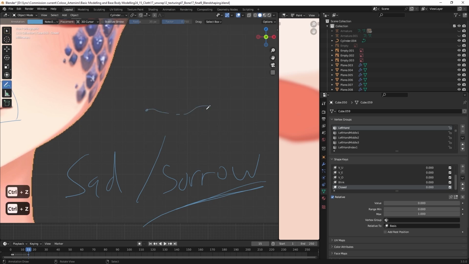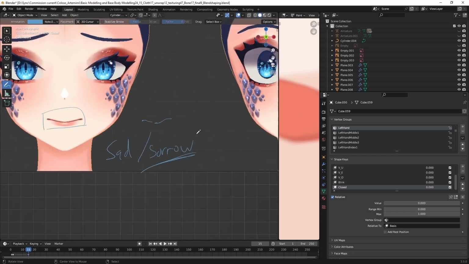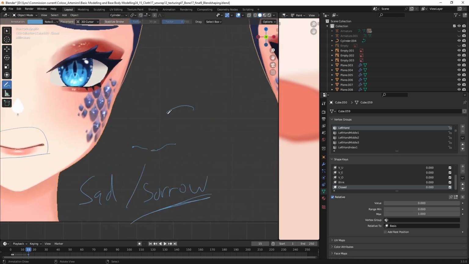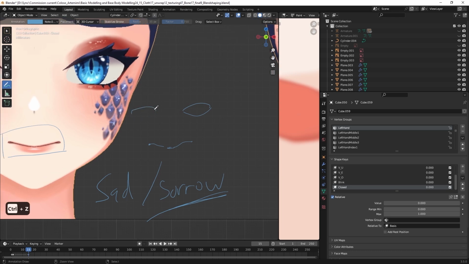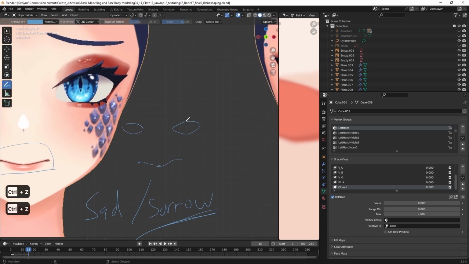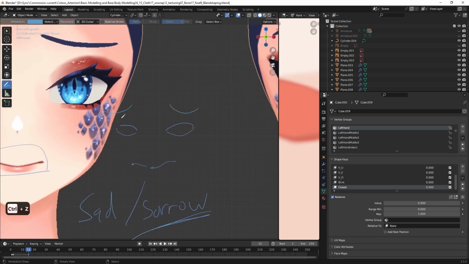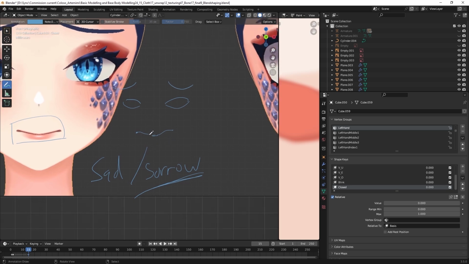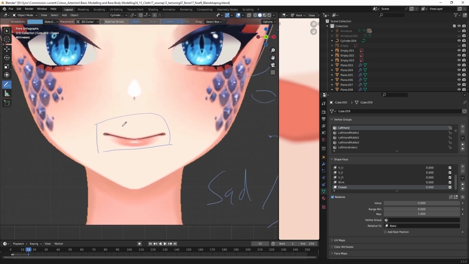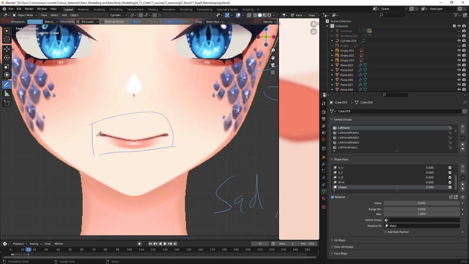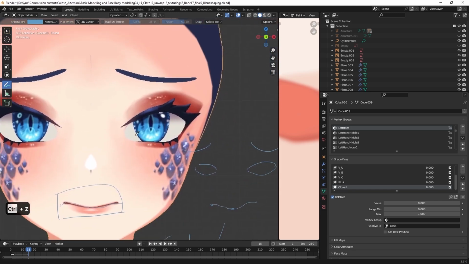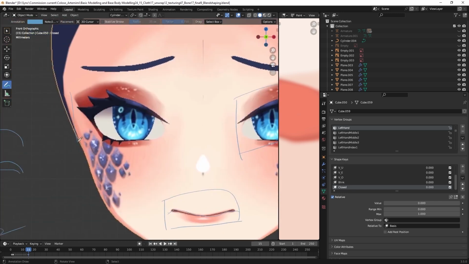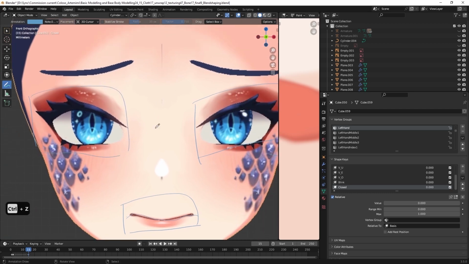It will be closing the mouth here, and then it will be quiet, like wanting to cry. All right, something like that. For the sad expression, the mouth will be more like this, wavy.